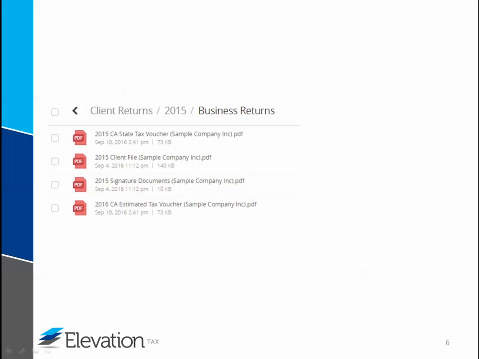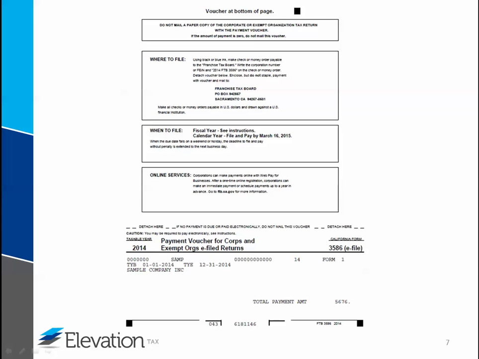The 2 most common extra forms are vouchers. This includes a federal and a state tax payment voucher, as well as any estimated tax vouchers. So the first would be the tax voucher from the tax return. So here's an example of a voucher. Although this is for the state of California, other vouchers, including federal and other state vouchers, will look similar